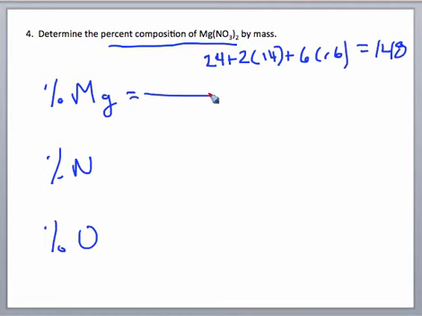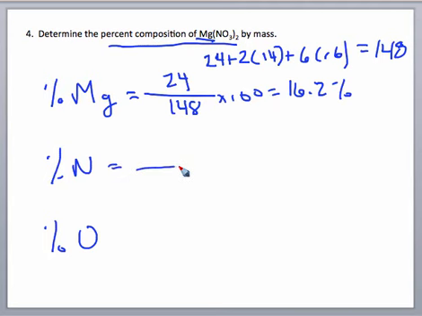So to find the percent magnesium, we have 1 magnesium, which has a molar mass of 24, over 148 times 100, and we get 16.2%. We're going to do the same thing for nitrogen, but we have 2 nitrogens in the compound, so we'll do 2 times 14 over 148 times 100, and that will give us